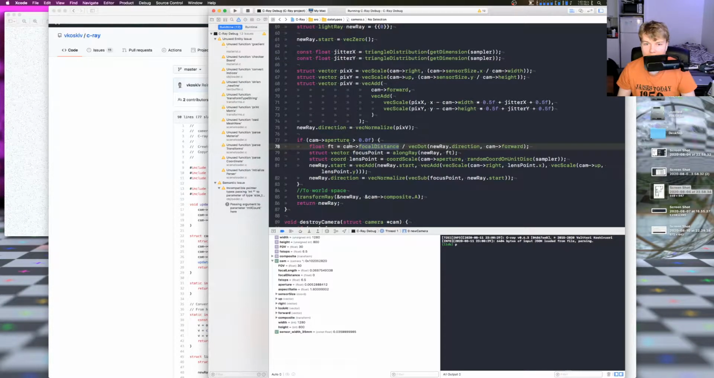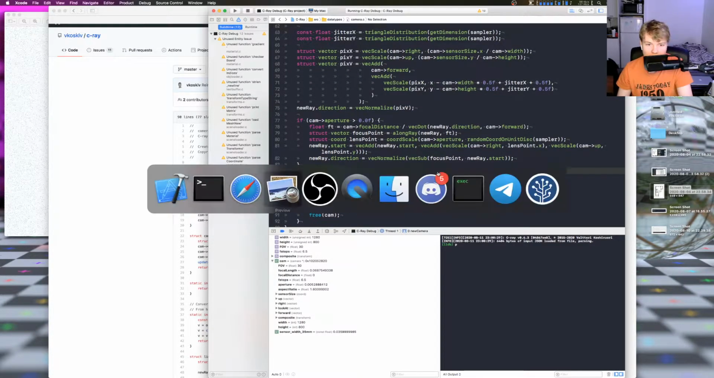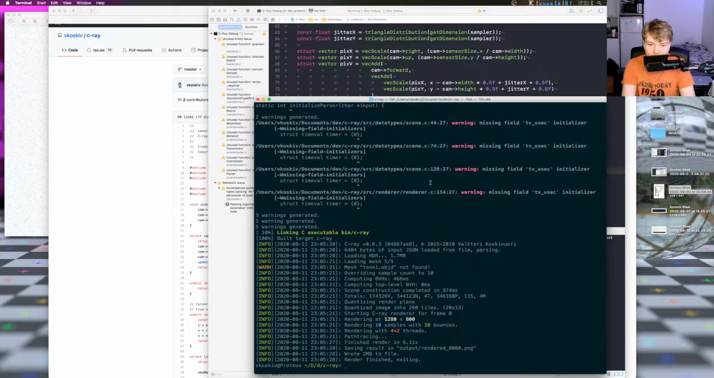Focal distance, I'm just looking if any of these can be pre-computed. Focus point, nah. Lens point, nah. Add that. Get the direction and then to world space. Okay, that's good. Let's commit that real quick. Then hopefully we can move on to